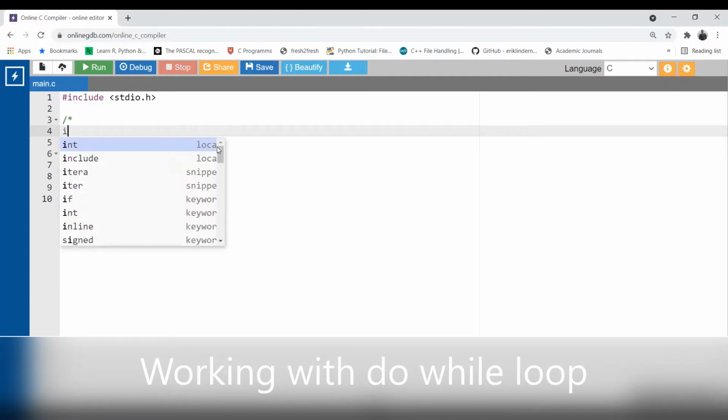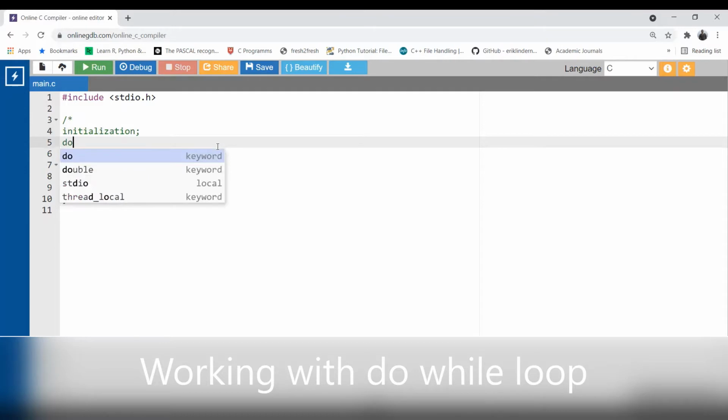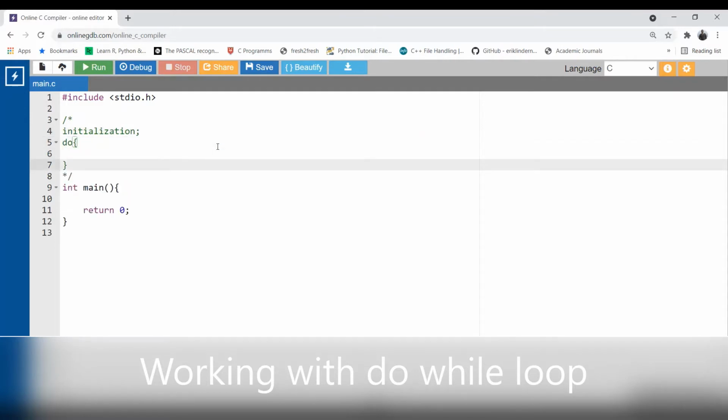We need to put the initialization outside. We start with the do, and while should be the last part, outside of the body. While, and here is some condition or you can say expression that you need to write, and there must be a semicolon.